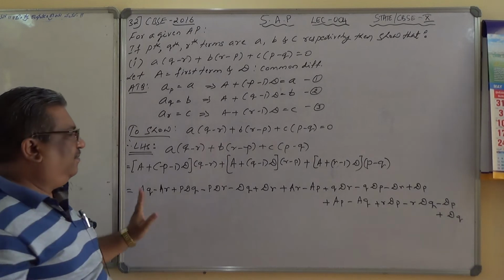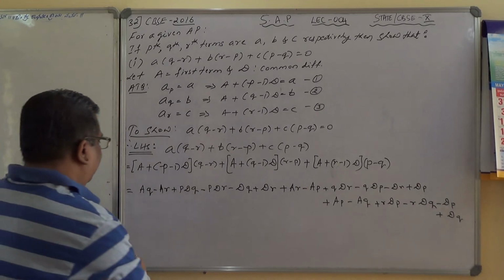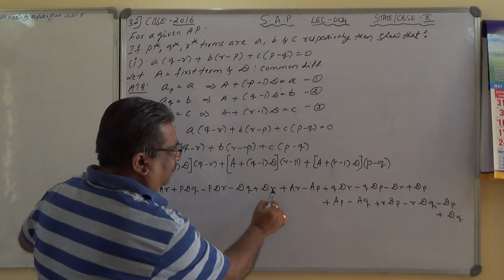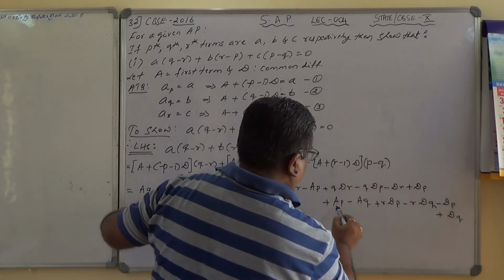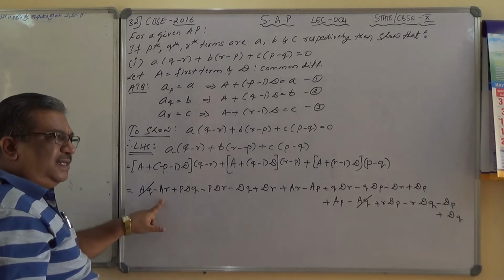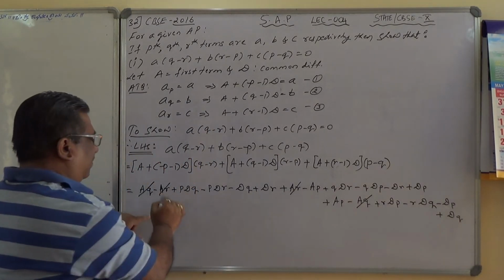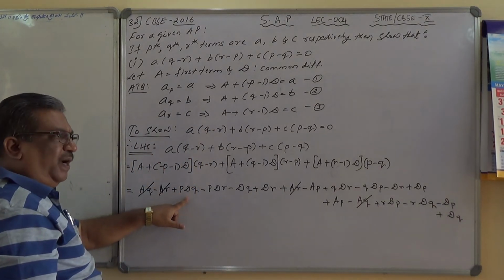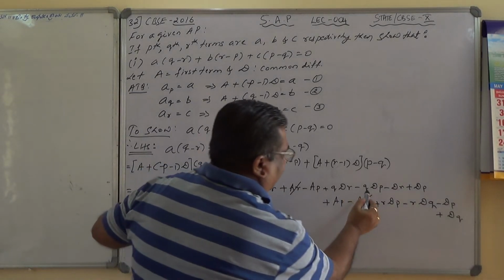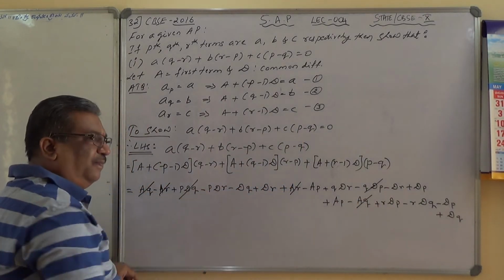Now let us check if these terms are there and we will try to cancel it out, isn't it? Let me take the first one. Can you find minus AQ? I have found AQ minus AQ. Yes, this one cancelled. I have minus AR. Can you find plus AR? Plus AR. I have found PDQ plus PDQ. Can you find minus PDQ? Minus PDQ. I hope you are able to understand.